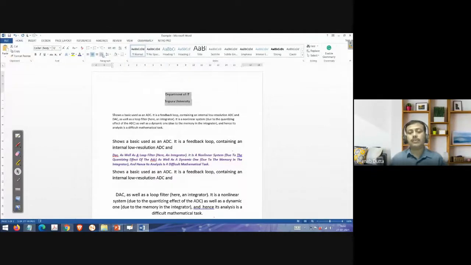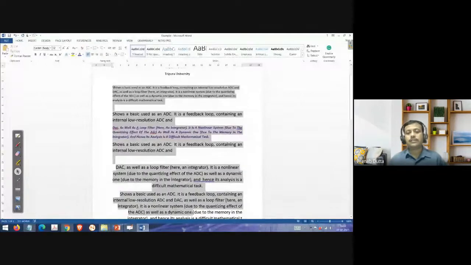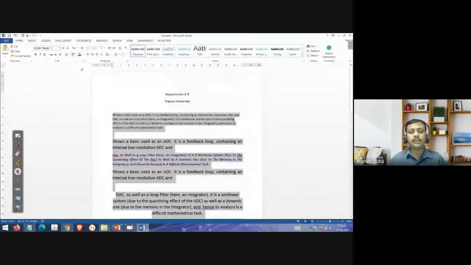Okay. Now, normally when you are writing something, your left and right margins should be in the same location. But here, if you see, it is not. So what I'll do is select all this, right? And I will click justify. If you see, the left and right sides are both equal. So I'll just click it.